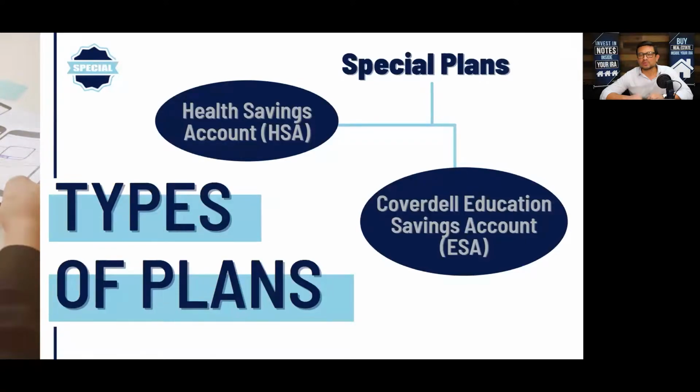The Coverdell Education Account is specific to a beneficiary, and that beneficiary is a child, right? A child could be your children, your grandchildren, your nieces, your nephews. It just has to have a beneficiary that's a child, and it can be invested, and the profits within that Coverdell can be taken out tax-free and penalty-free to pay for qualified education expenses from kindergarten all the way through